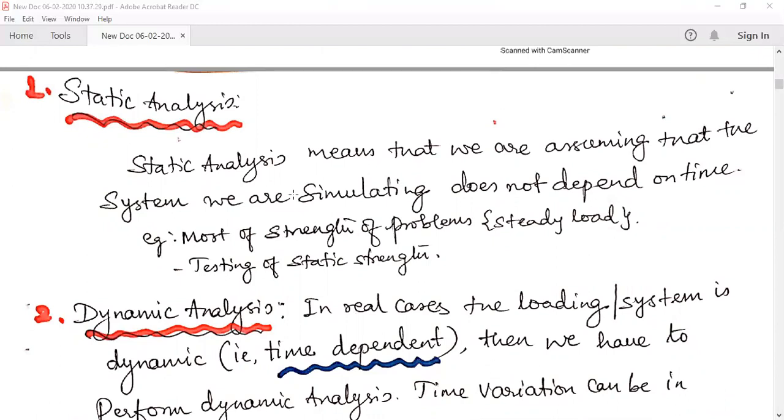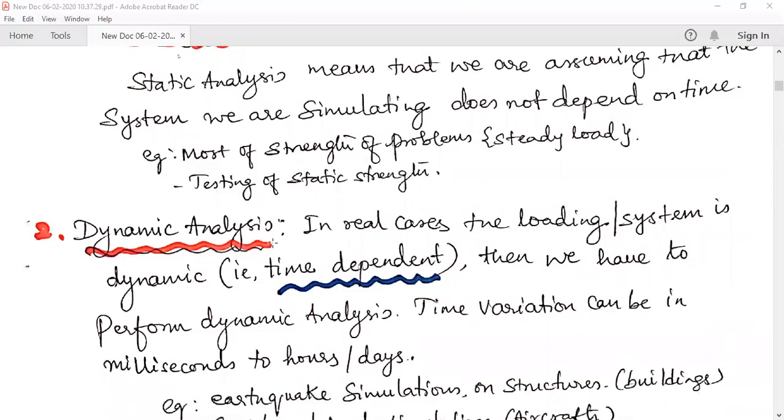Most of the problems in our classes, in our academics, we also deal with kinds of static strength problems, where in case of strength of materials, you might have solved a lot of numericals falling under the category of static strength, where you evaluate the load bearing capability of the given structure, given machine component. This is all about static analysis. We can even perform hand calculations, and FE as a tool is widely used to perform static analysis.